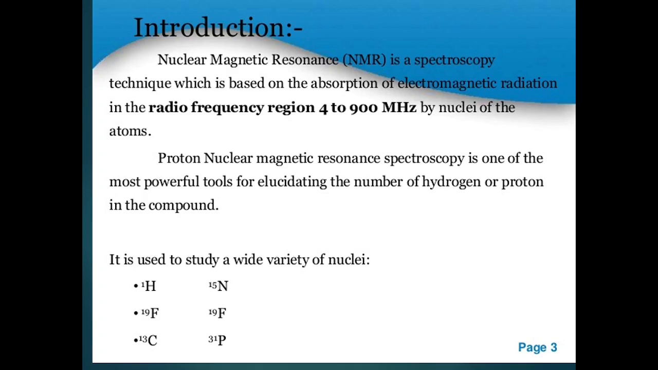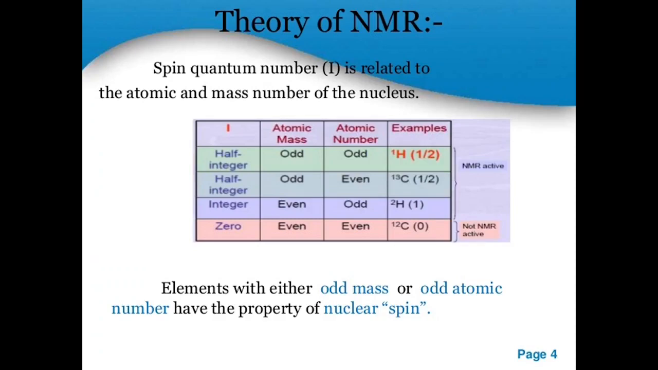Most chemists use NMR for the structure determination of small molecules. PMR, or H1 NMR, is one of the NMR techniques, mainly used for determining the number of hydrogen atoms in the compound. It is also used to study a variety of other nuclei such as nitrogen 15, fluorine 19, carbon 13 and phosphorus 31. The nucleus consists of elementary particles called neutrons and protons, which contain an intrinsic property called